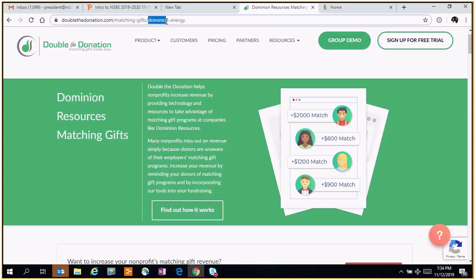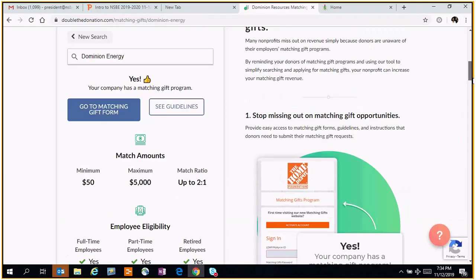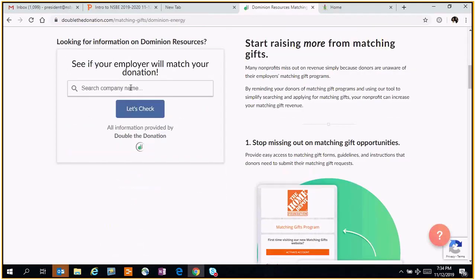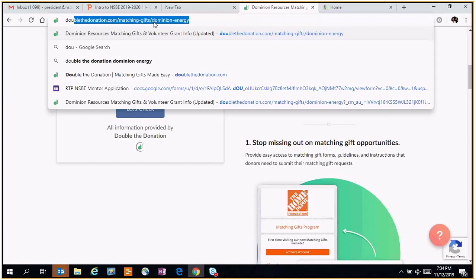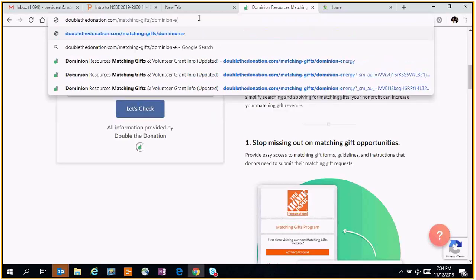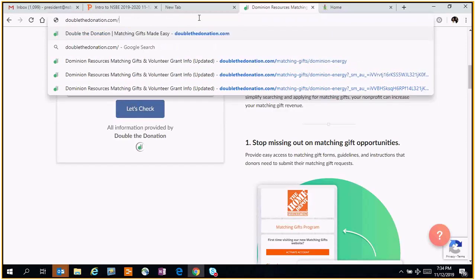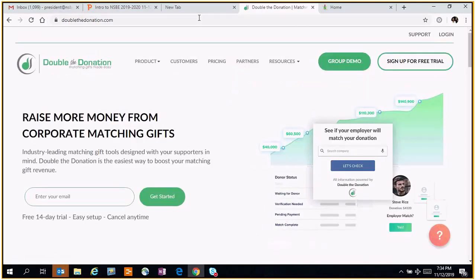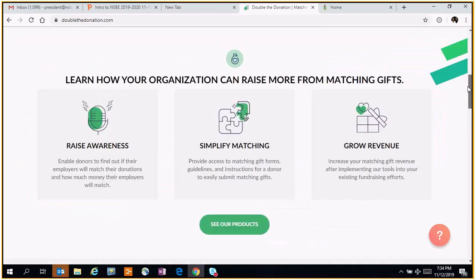So I go to this link, just as you see it here. If you add a company in, it will let you search in this box without having to purchase the software. If you just go to the main site, you may get in a loop asking you to enter your email address and start a trial.